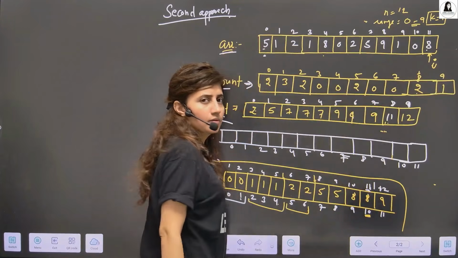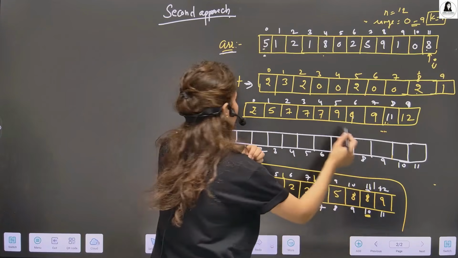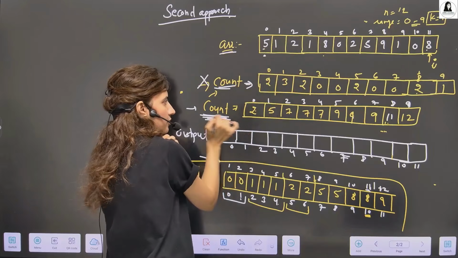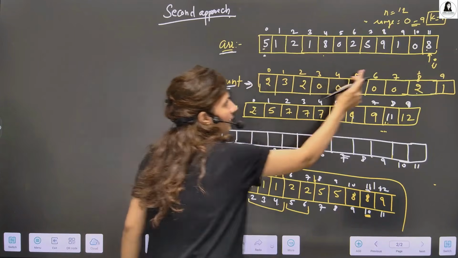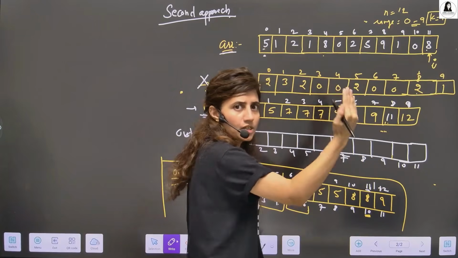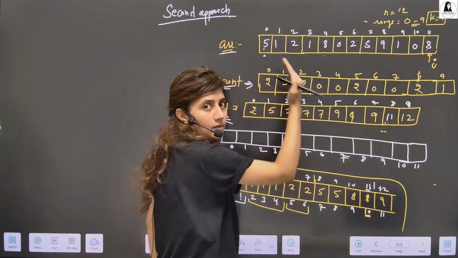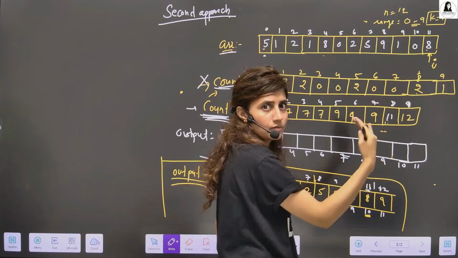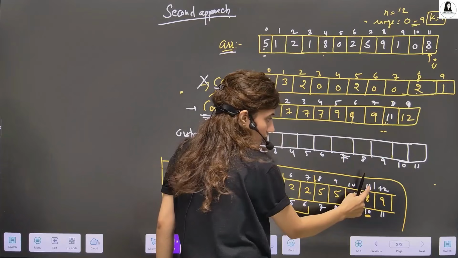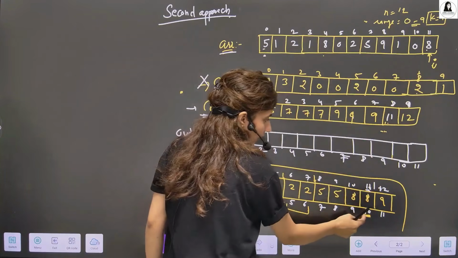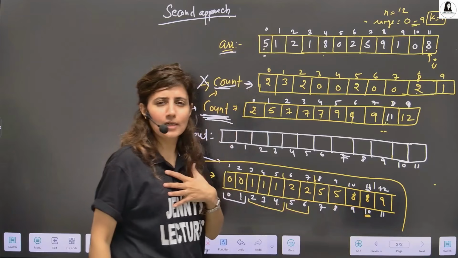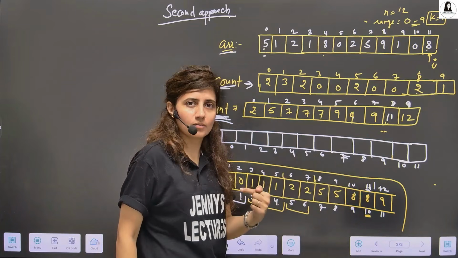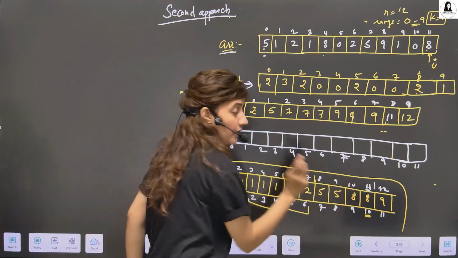At first we have 8. First we check this. Now this is my updated count array. Now we check 8. At the 8th index, you have to find out the last position, because we are filling from the last. If any 8 is present here, definitely this 8 would be at the last position for the 8. So for 8, the last position is 11. So this should be at 11. Sorry, this should be at 10. The position is 11, but we will deal with the index, so we just do -1. But the position is 11.